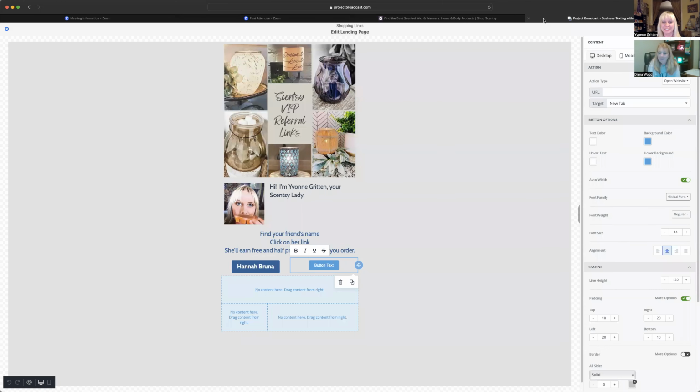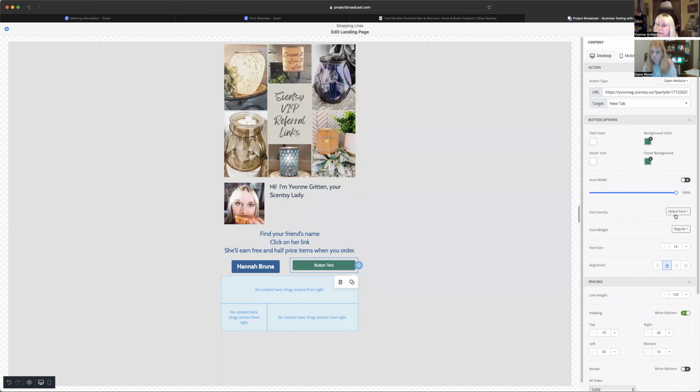Okay. Back over to Project Broadcast. Back to this button. We're going to go over here to URL. I'm going to right click and paste it. So now it's Desmona's party link. I'm going to go to background color, and I'm going to make it just a little different. I'm going to make hers this green color. And then again, under the hover background, make it the same green color. Font family cabin, font weight bold, font size 22. And then back over to the left under button text, highlight it, and